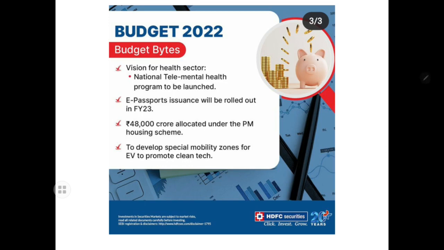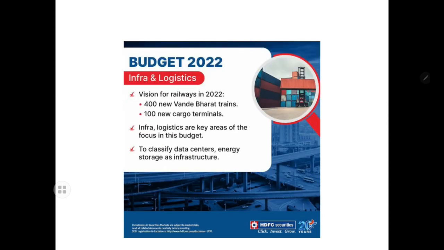Then we have a good vision for healthcare, and also e-passports are to be issued and rolled out by FY23, and this amount will be allocated under the PM housing scheme, and we will be developing EV charging ports for electric cars, and we have a good vision for railways and Vande Bharat trains and 100 new cargo terminals. Infrastructure,